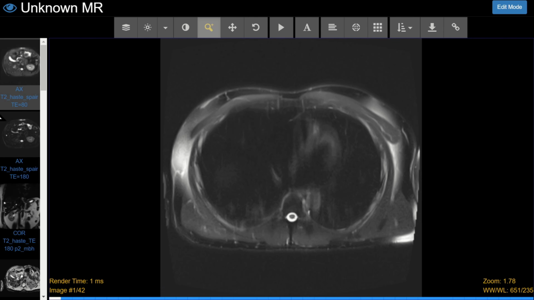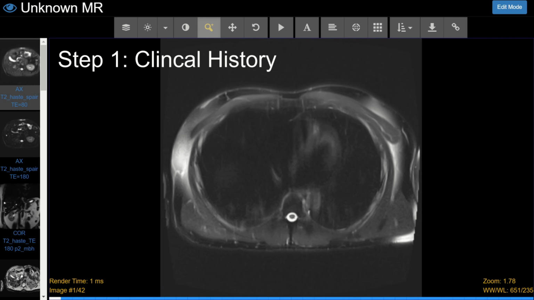So again, there are a lot of sequences and everyone has their own way of looking at things. I'm going to go through my practical approach for the real world. So step one is to know the history of the patient. Before looking at the images, it's important to know the clinical history because the history completely changes how we